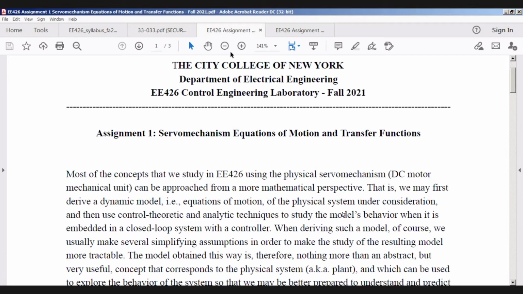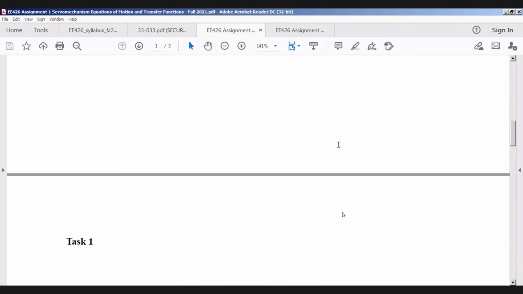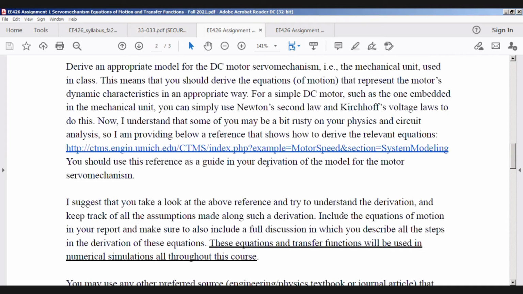So this brings me to assignment number 1. This is the servo mechanism, equations of motion, and transfer functions. I gave you here a reference. You should read this on your own. I will not read this entirely, but I gave you a reference which still works. I just checked. They actually show you how to derive these things,